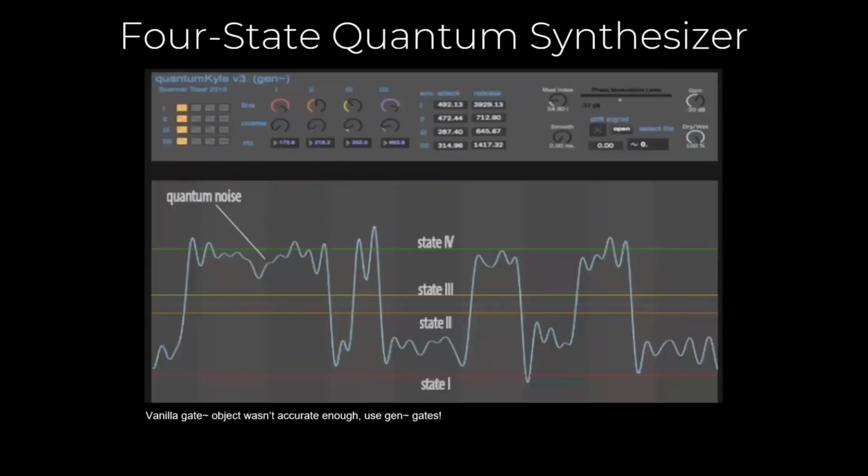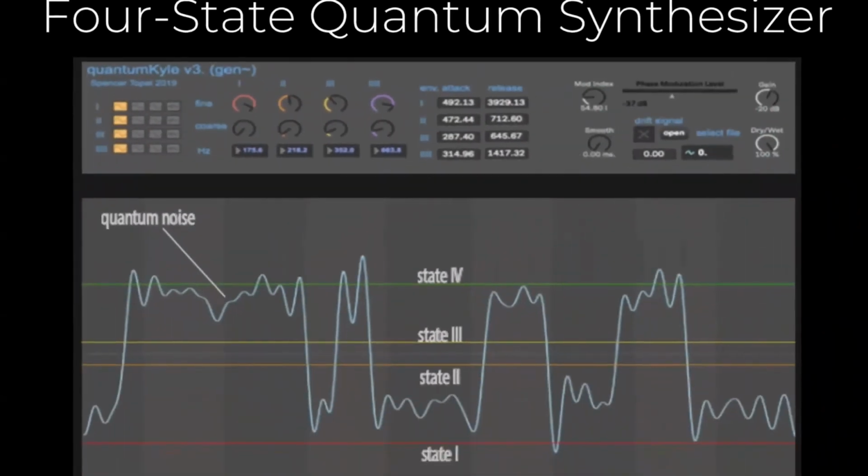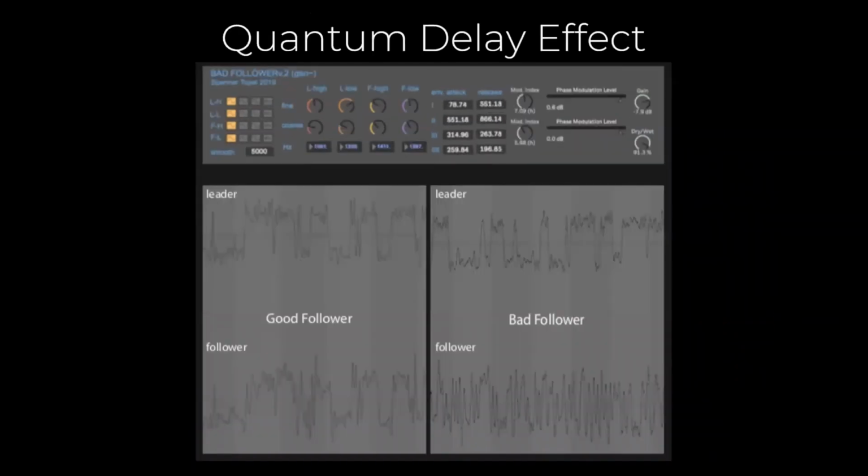Again, as I've mentioned, we developed a 4-state quantum synthesizer here. What that means is you can have wave selection and frequency selection, and then we applied some envelopes so that we could differentiate our sounds from each other. Then there is phase modulation to make the quantum flux audible, and some dry-wet mixing between the raw signals and the state signals.